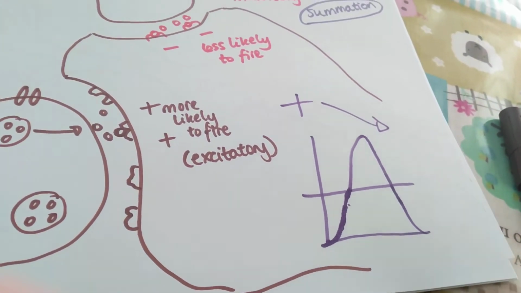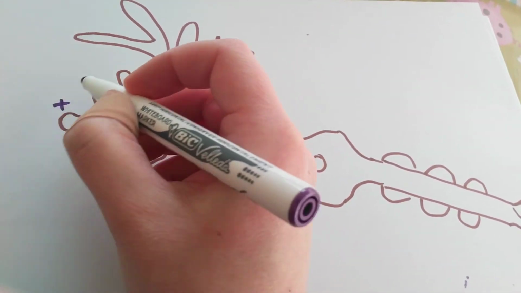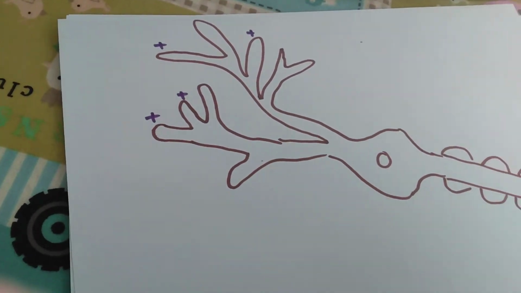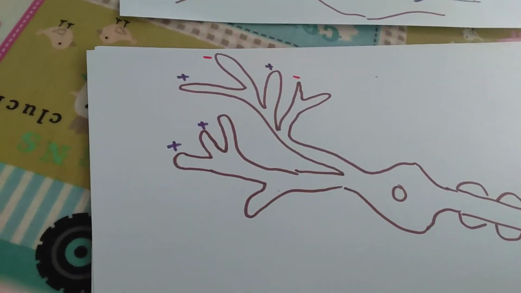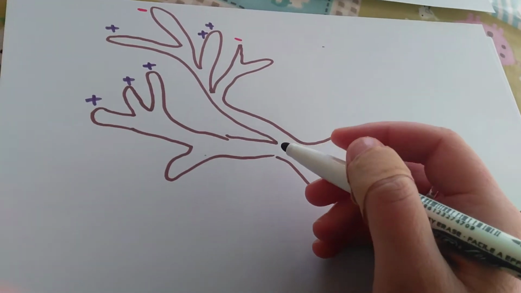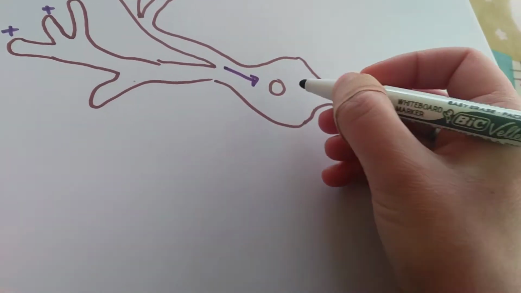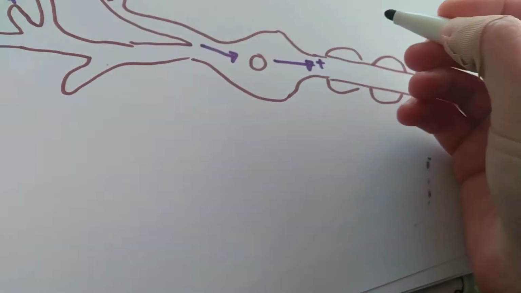That's basically that. So if we take it to a picture of a neuron on the next page in full, let's imagine then that we had lots of excitatory neurotransmitters binding, and the sum of our excitatory neurotransmitters exceeded the sum of our inhibitory neurotransmitters, so that there were enough excitatory neurotransmitters binding to cause an action potential. That action potential, that burst of positive electrical energy, that electrical impulse is transmitted down the neuron. When it gets to this point,